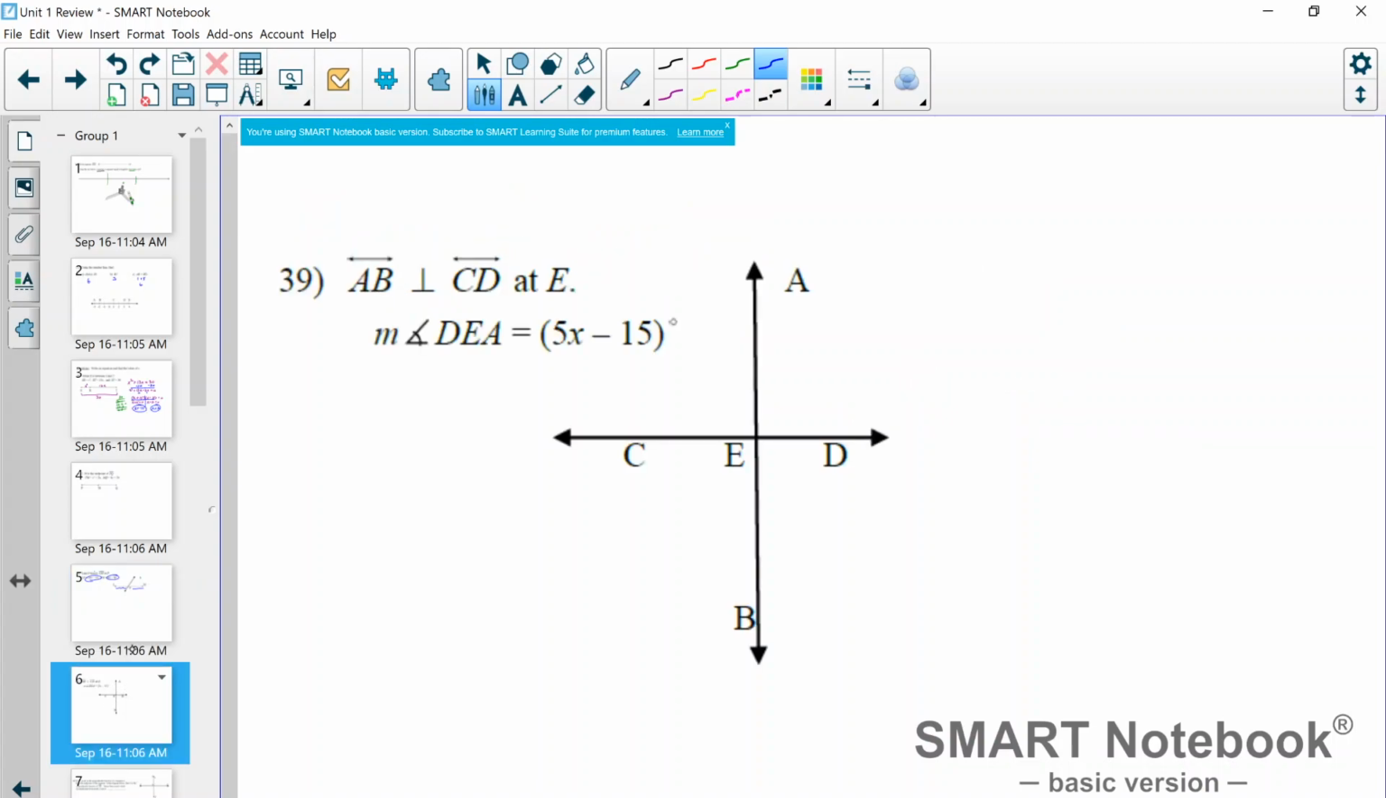This next problem, we have to figure out the value of x. This time we're talking about angles. We have AB perpendicular to CD, where they intersect at point E, and we are told angle DEA is 5x minus 15 degrees. So this upside down T means perpendicular,